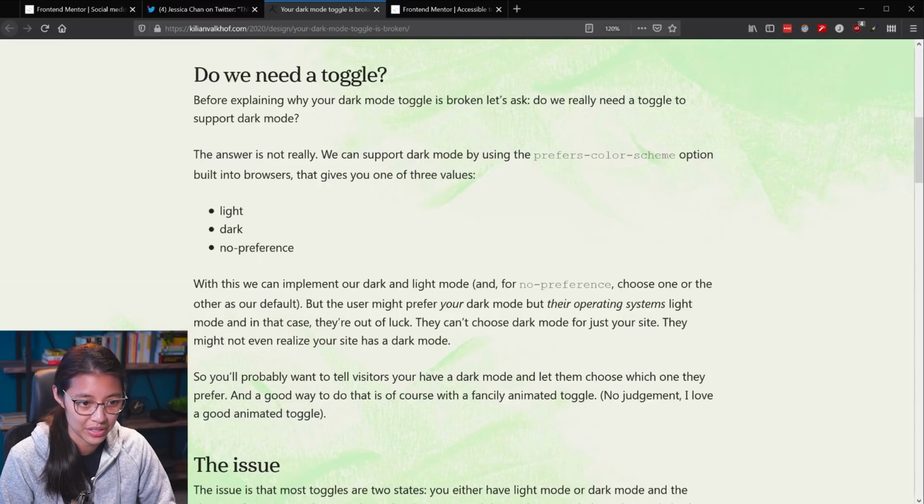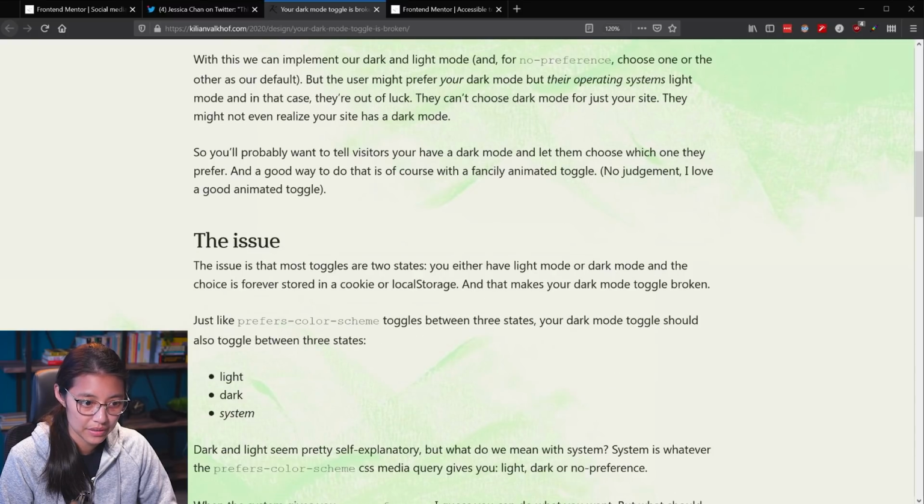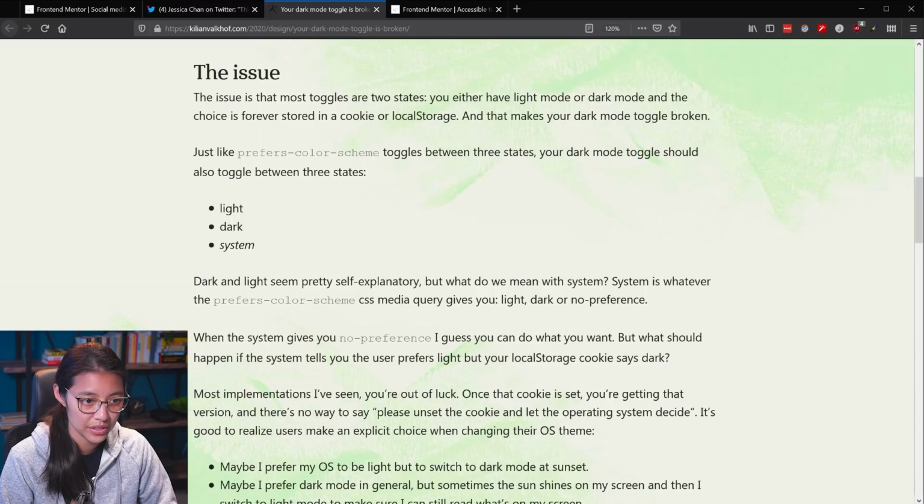And we'll be researching that later. So it gives you, built into browsers, one of 3 values: light, dark, and no preference. Okay, so here's the issue. The problem here is that most toggles have 2 states. You either have light mode or dark mode, and then the choice is forever stored in a cookie or local storage,